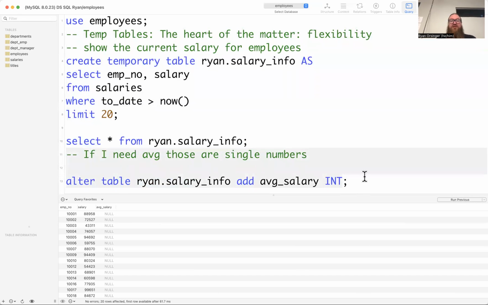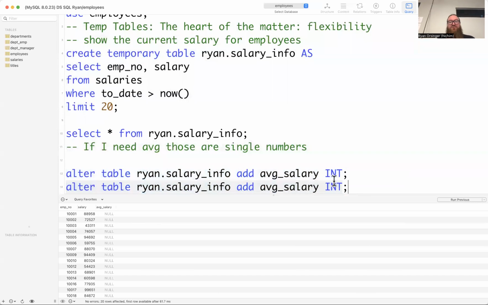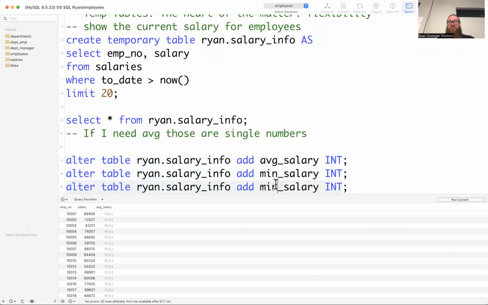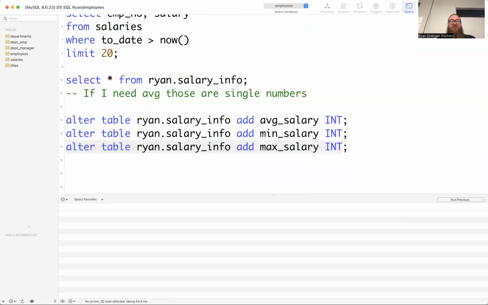But if I want things that are more, I could say min salary or max salary or standard deviation of the salary. And then what I can do is update that table. So update Ryan.salary info, set average salary column